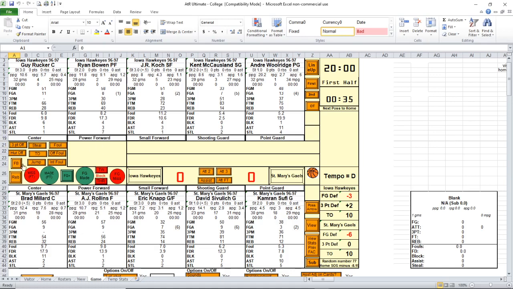Now we'll go over what the buttons mean here. The first thing you're going to do is jump ball. A jump ball, you're going to usually just pick in. You can pick anybody you want. You can go with centers. You can do whatever you want. But usually they say the highest rebounder on each team. So in this case, it'd be Ryan Bowen going up against Brad Millard. And once you take into the rebounding, 40, 30, so he's got an